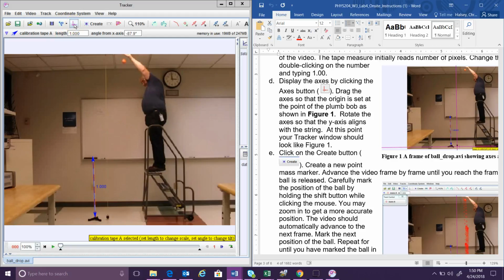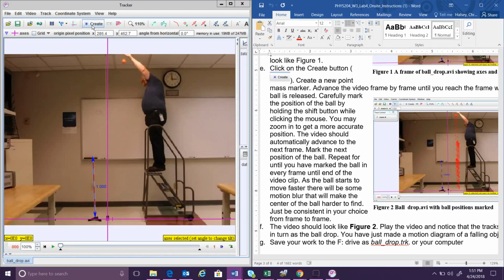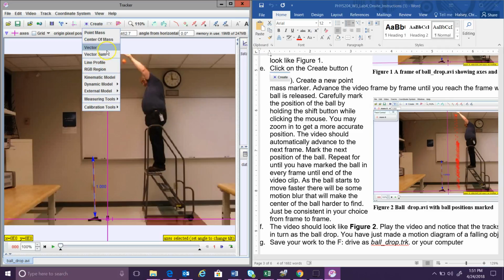Okay, display the axis. I'm clicking on the button up here, and then we're going to drag this down to the bottom of the plumb line, like it shows in the picture. We're going to click on the create button,